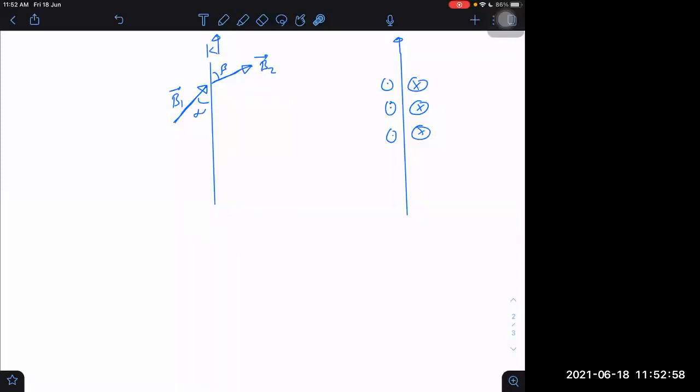It can be different if I take the current pointing not in this way, but radially along the z axis, let us say. Then I can achieve the condition that B1 and B2 will be different, but I could not achieve this condition if K is going upwards. Why can I achieve the condition that B1 and B2 will be different? Because if the current is outwards, then in which way will the magnetic field lines around it be? In this way, anti-clockwise.